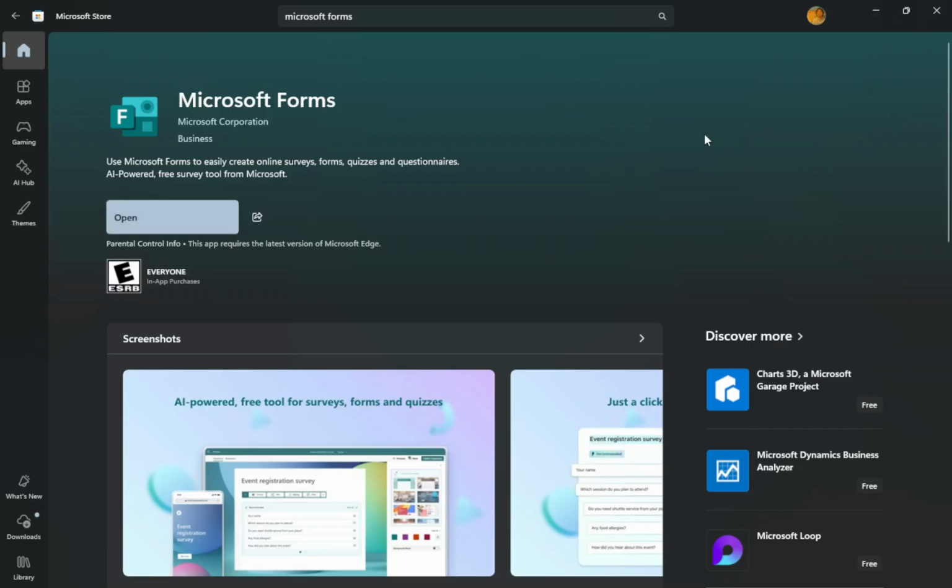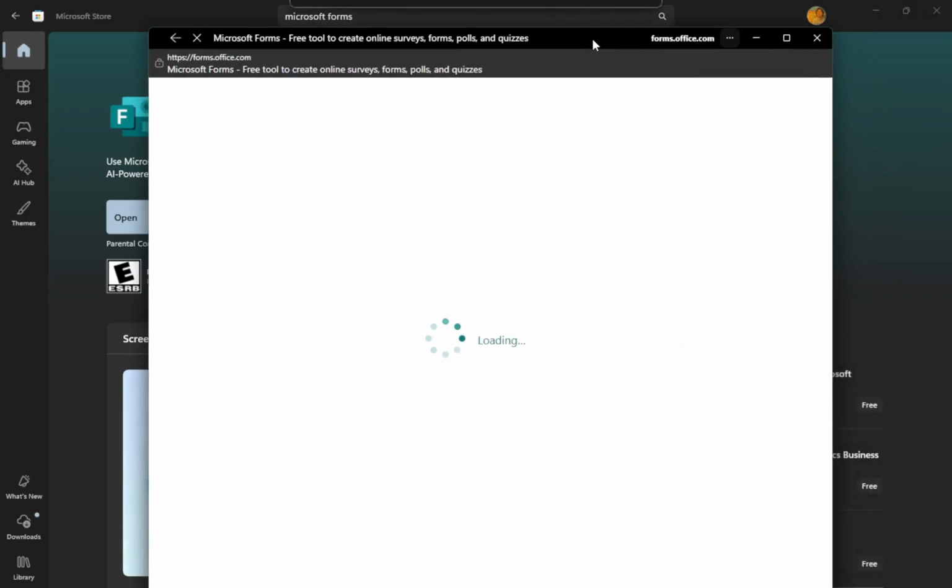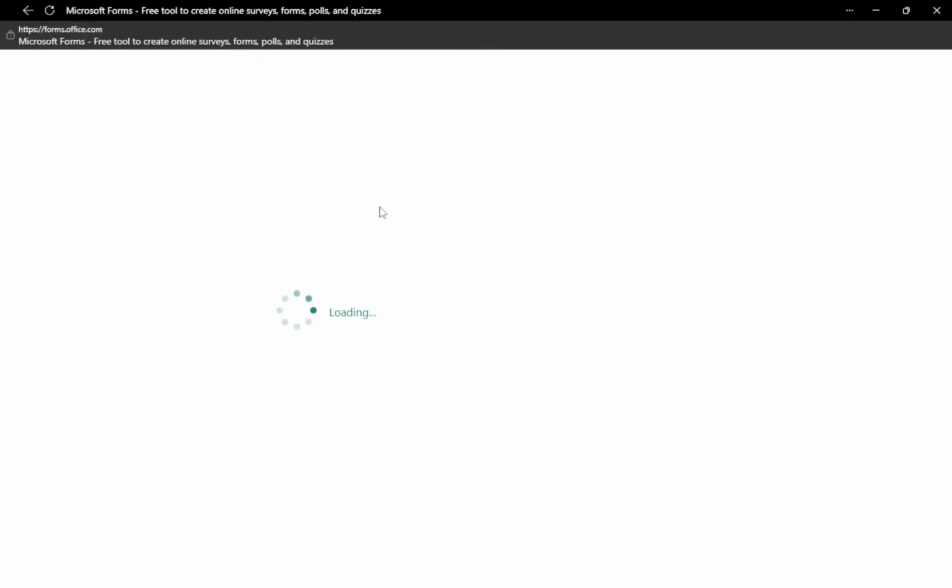Finally, open the Microsoft Forms app and log into your Microsoft account. After you sign in, you will again arrive at the Forms homepage with the same forms and quizzes you saw in the browser. You have now learned 2 easy ways to get to Microsoft Forms,